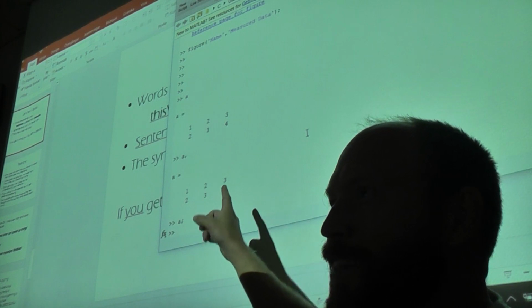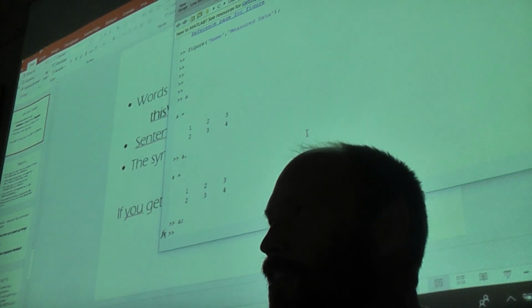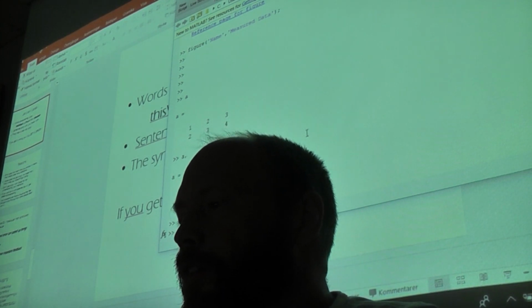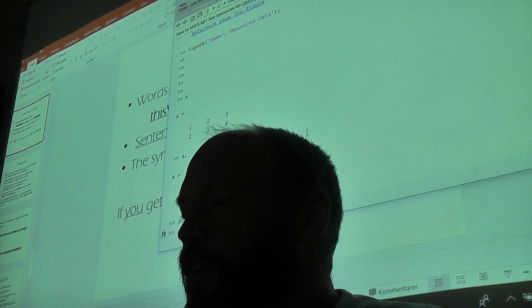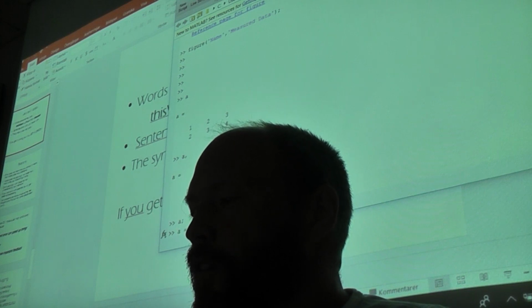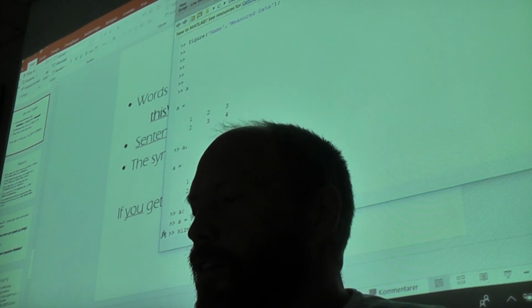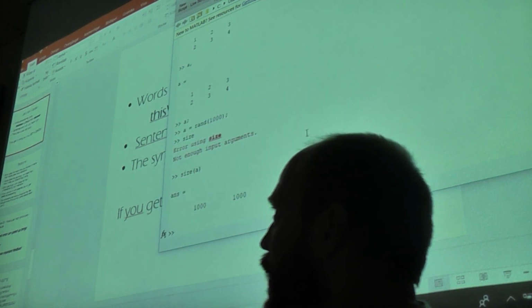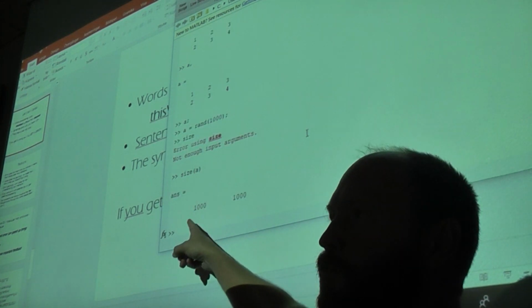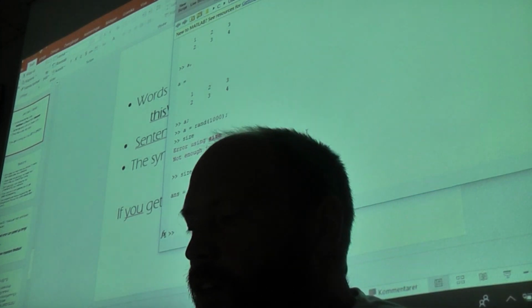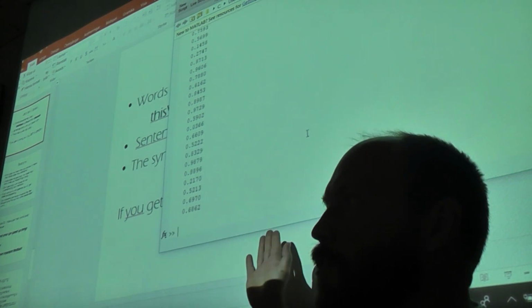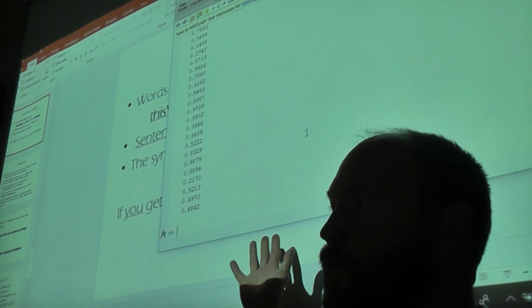So if you output a large variable, for example 1,000 by 1,000, you've got 1,000 rows and 1,000 columns. If I type a comma, it will take some time for it to plot it, even though it's just numbers.